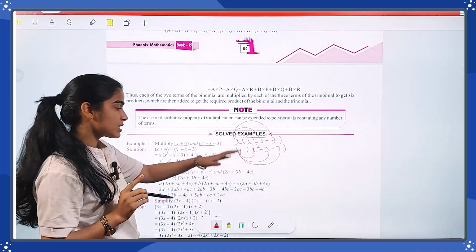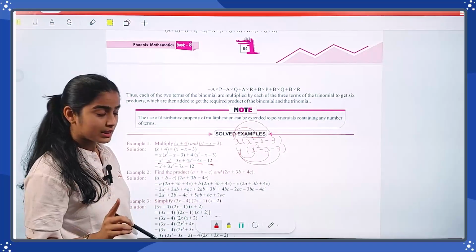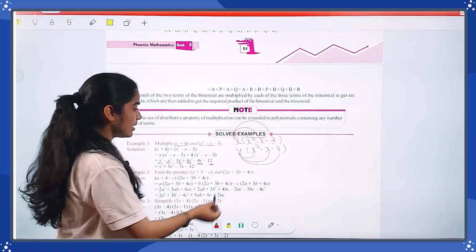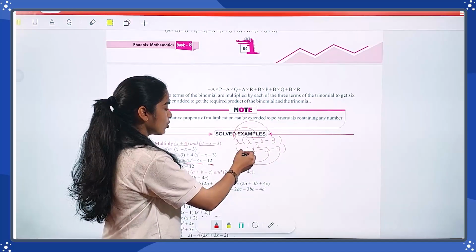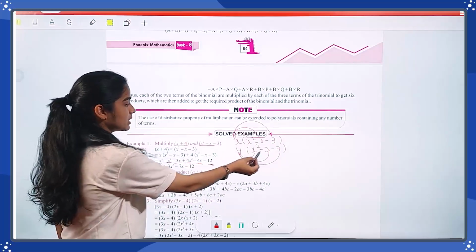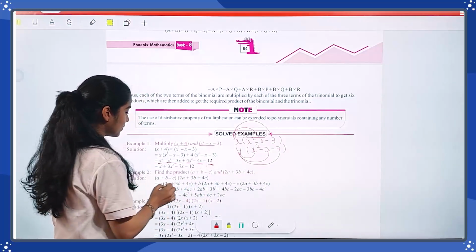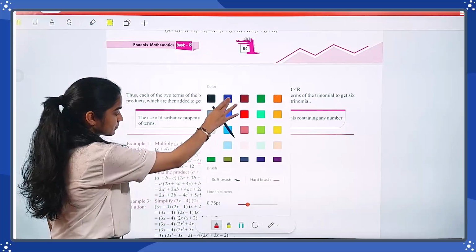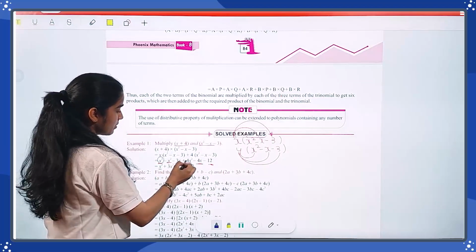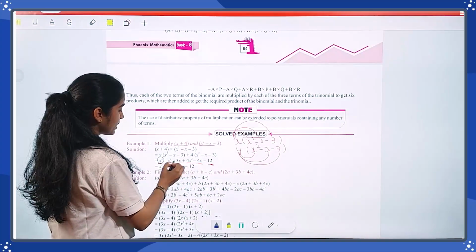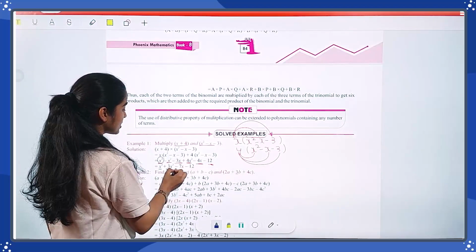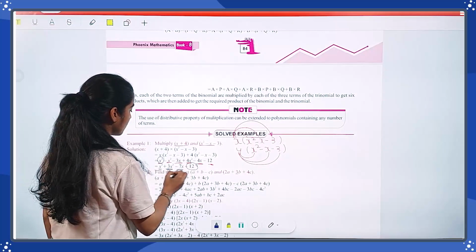Again, I'm just telling you how you have to multiply, but with that you can also remember the sign of it as well. The symbol value multiply: 4 multiplied by x is 4x, with the sign, minus 4x. 4 multiplied by minus 3 is minus 12. So in that way, x cube minus x square plus 4x square, so your end result is x cube plus 3x square minus 3x minus 4x plus 7x and minus 12. So this is your final answer.